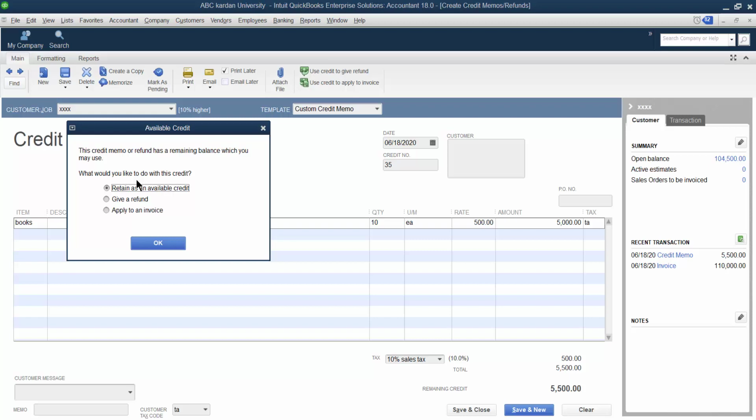It means, how can you manage this available credit? There are three options. Retain as an available credit, which means maintain it for the future. Give a refund, which means pay cash on the spot. And apply to a particular invoice. Three options are available: maintain for the future, apply to a particular invoice, and give him money.